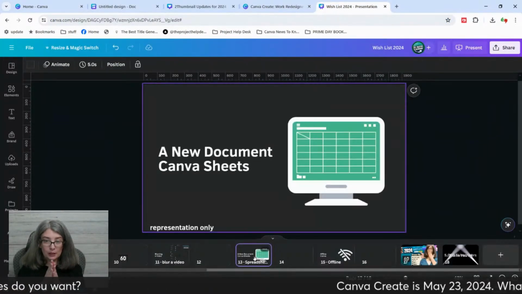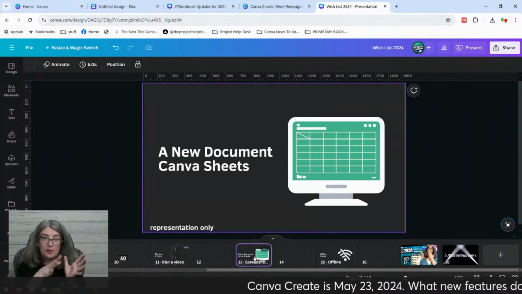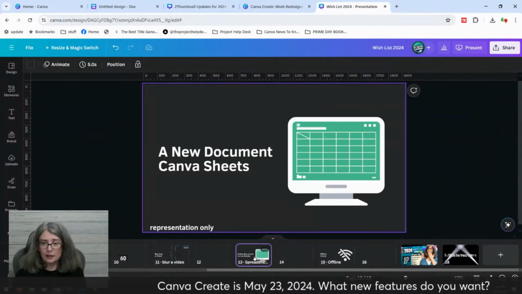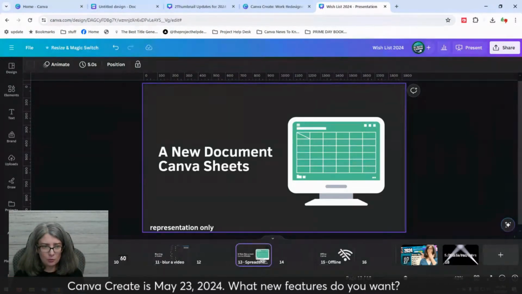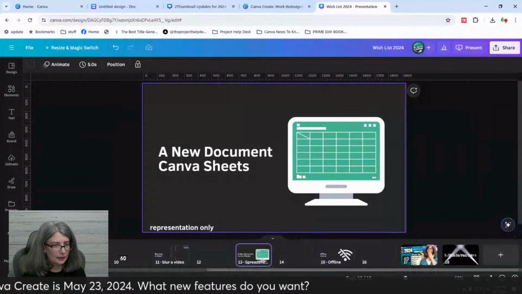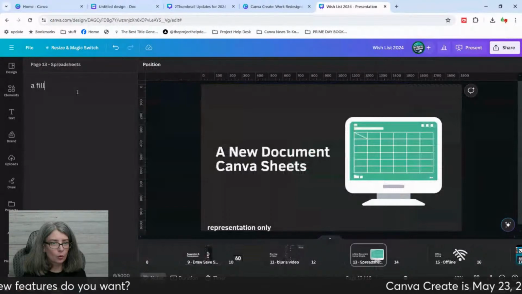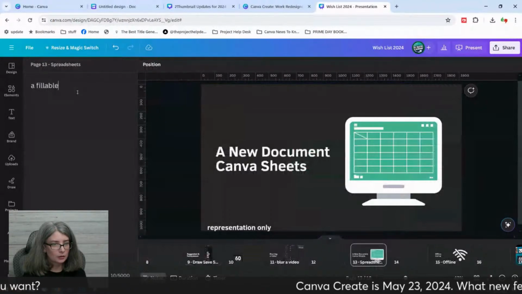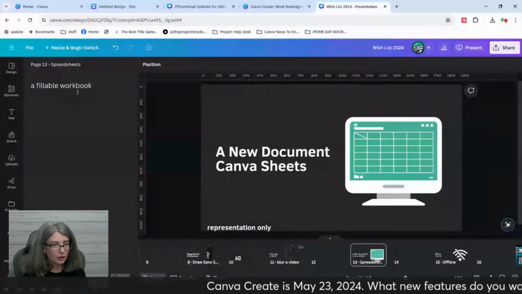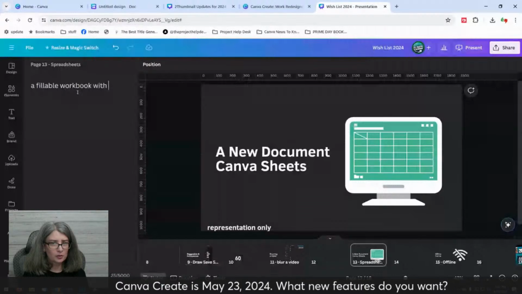I would really love the new document type of Canva Sheets, and let me write in a fillable workbook with fillable lines,